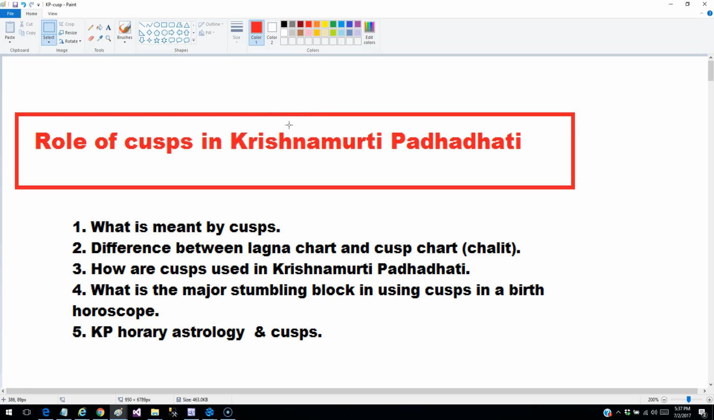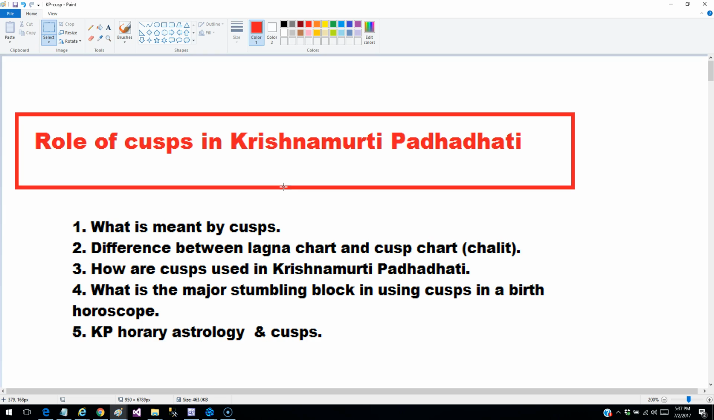Hello friends, welcome. In this session, I'm going to discuss the role and significance of cusps in Krishnamurti Paddhati, and we are going to touch these topics: what is meant by cusps, what are cusps in KP astrology, what is the difference between a lagna chart and the cusp chart, which is also called the chalit chart in KP astrology, and how the cusps are used in Krishnamurti Paddhati from a predictive point of view,